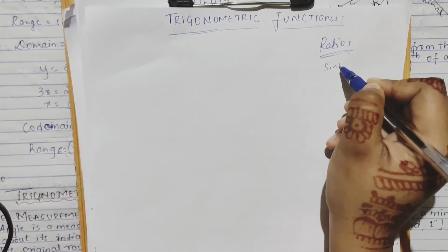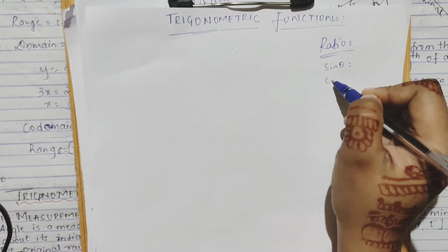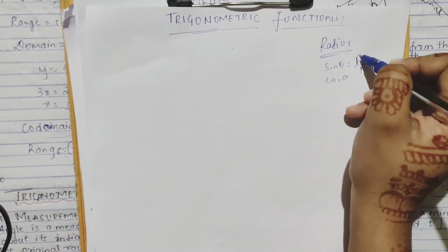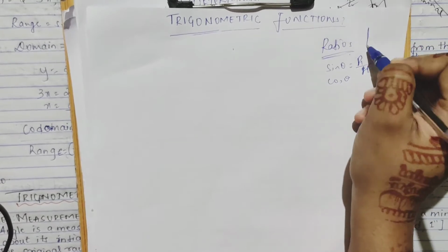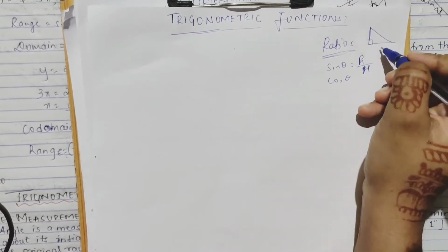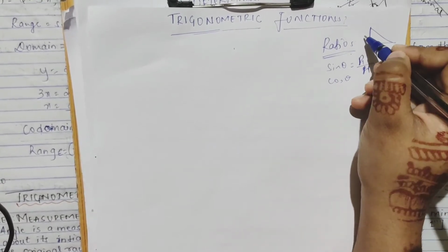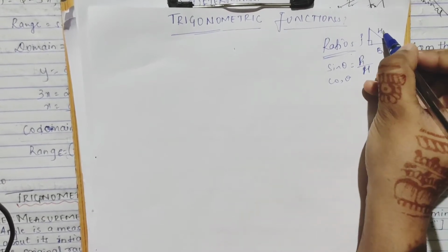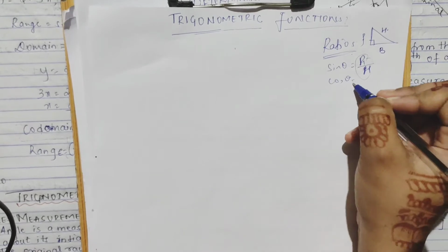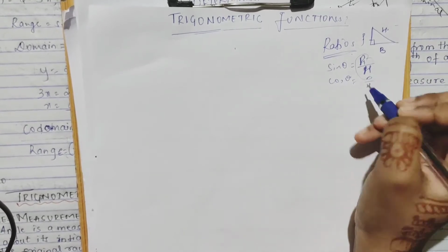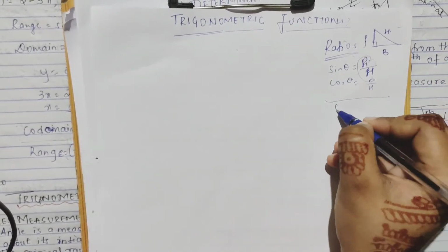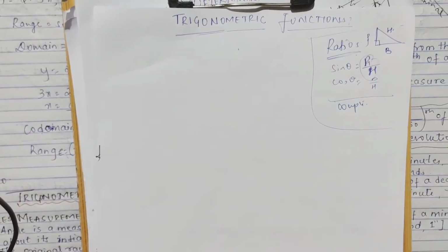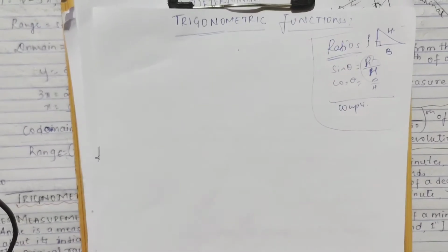which is what sine theta means, cos theta, hypotenuse, perpendicular by hypotenuse. You have a right angle triangle, this is called the base, this is called the perpendicular, this is called the hypotenuse. So perpendicular by hypotenuse is your sine theta, cos theta is base by hypotenuse. All these ratios, then complementary angles, everything, your trigonometric, each part, write it in your